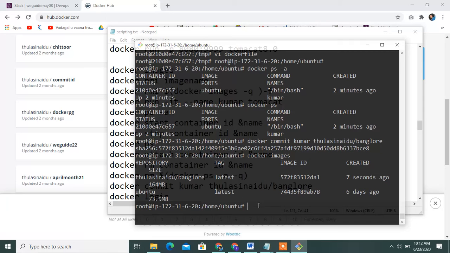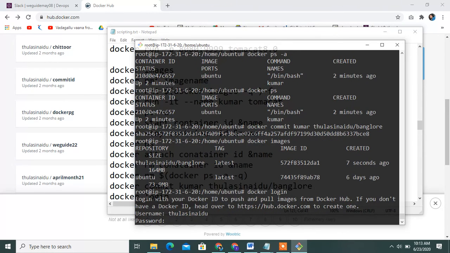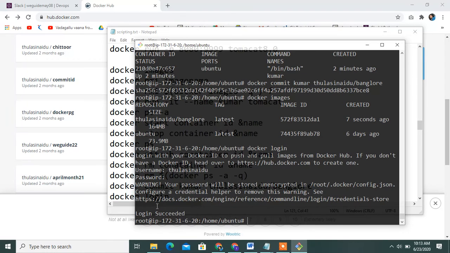First of all, log in to Docker Hub. How to push to Docker Hub? First of all, docker login. Yes, see this, successfully logged in.